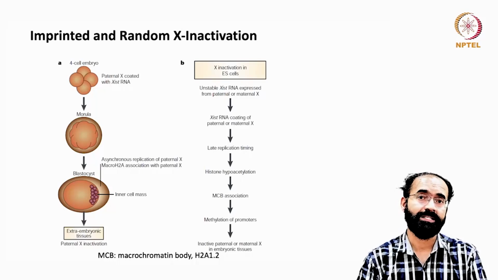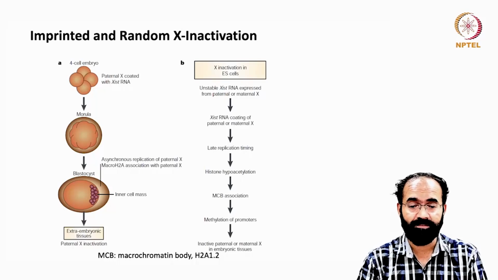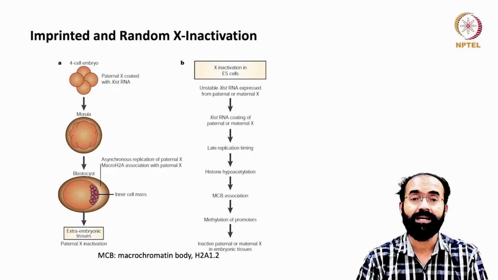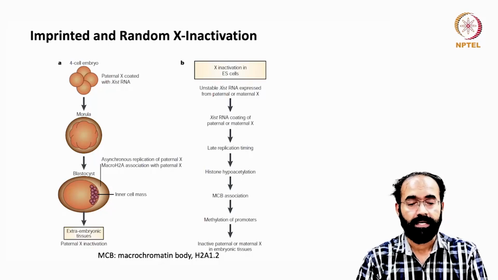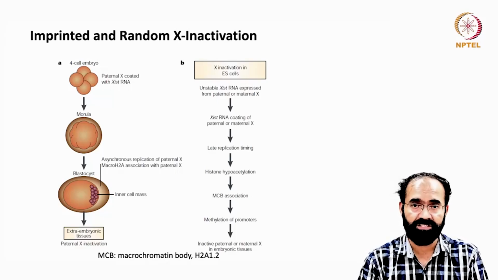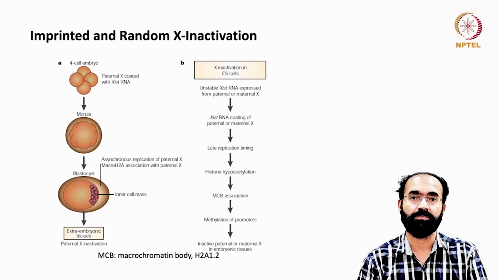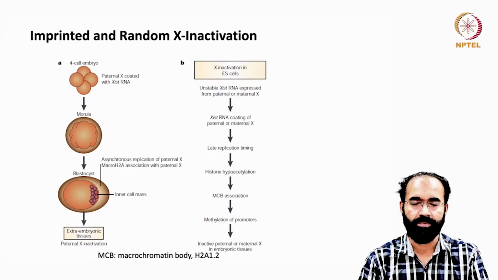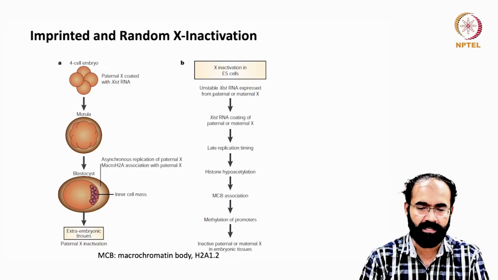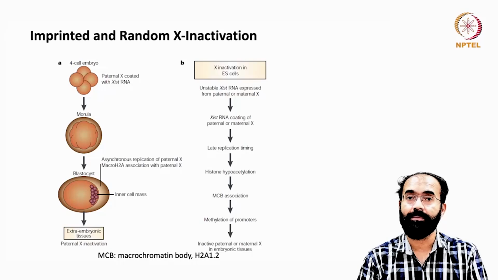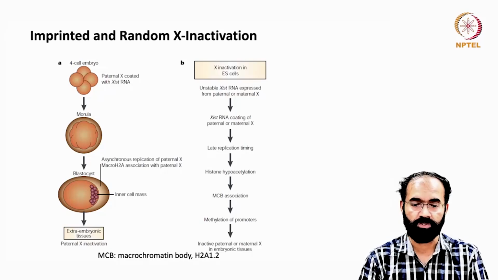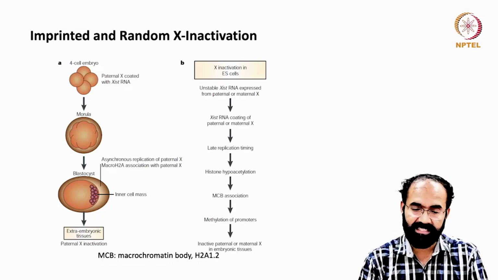So let us see what happens in embryonic stem cells. X-inactivation in ES cells: unstable Xist RNA expressed from paternal or maternal. The blastula stage, I told you, resembles the embryonic stem cell. So Xist RNA coating of the paternal or maternal X is possible, which is a difference. In the normal embryo we saw it is exclusively the paternal copy, whereas in stem cells it can be either paternal or maternal. And late replication timing happens with the Xist coated X chromosome, and histone hypoacetylation takes place,